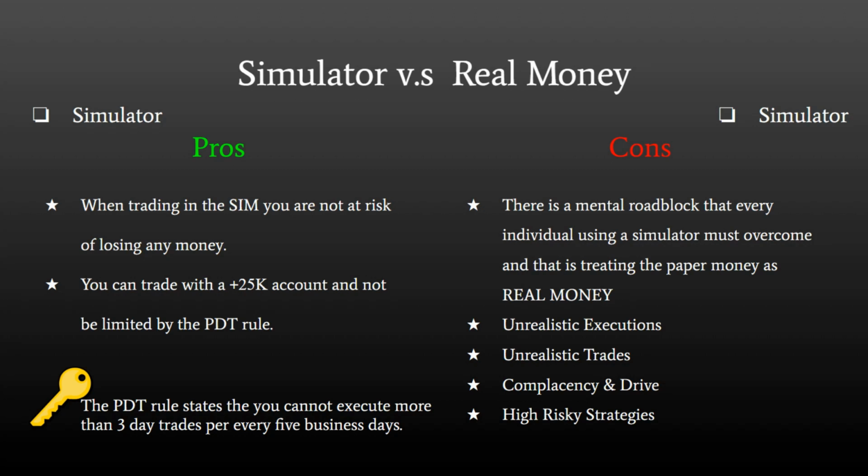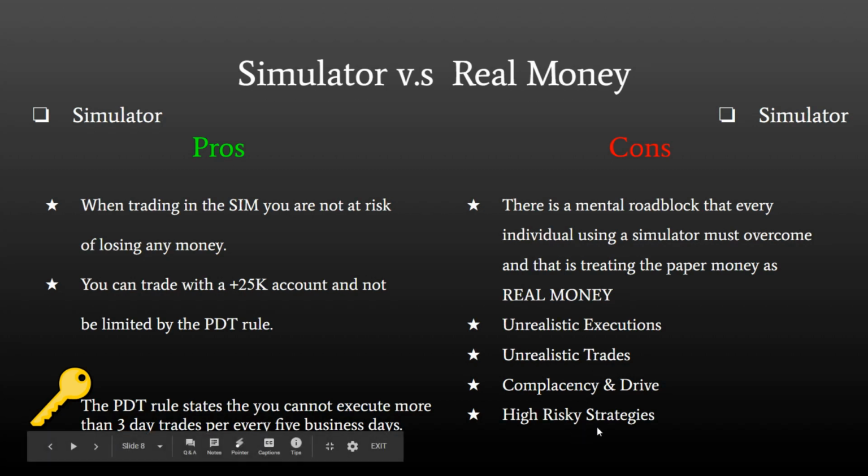And that's very important because if we, let's say we have $500 in our wallets and we lost our wallet, we're going to be upset that we lost money. And it should be the same way in the simulator. So you want to keep that drive, you want to be determined to do better, and keep pushing forth.